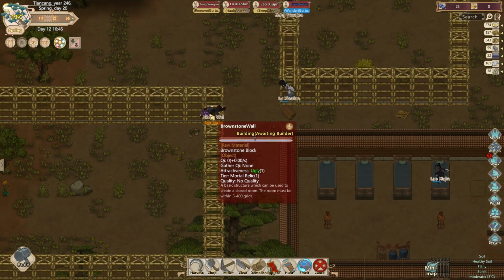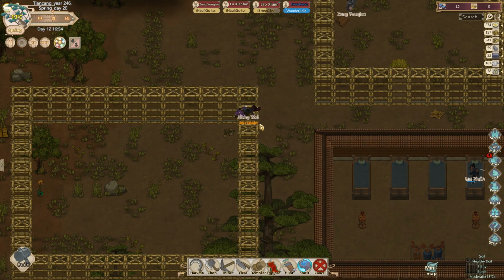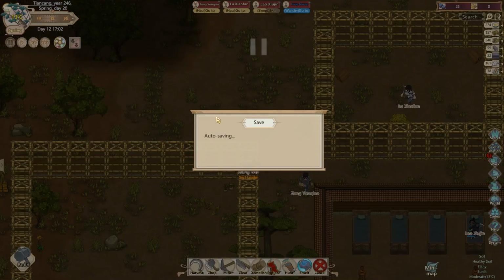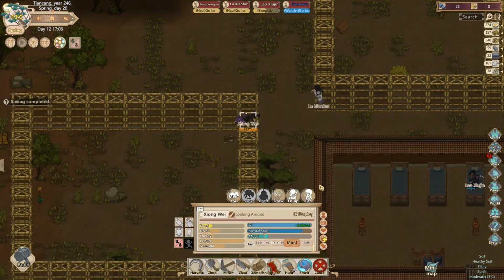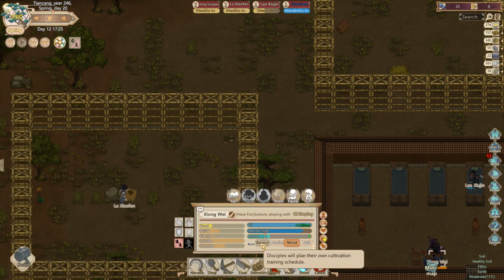Zhang, you're sleeping in the construction site. People are trying to work around you right now. How's your mental state, by the way? Are you like chilled out now? Yes, we're auto-saving. That's very nice. How's your mental health these days? Much better. Much, much better. Okay. Okay, so let's go back to...